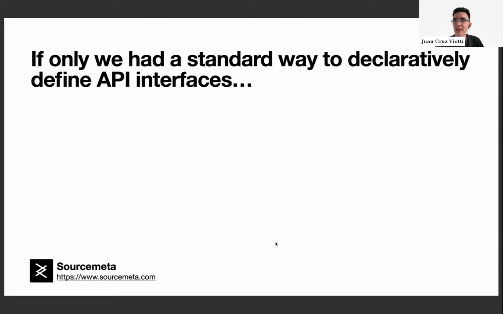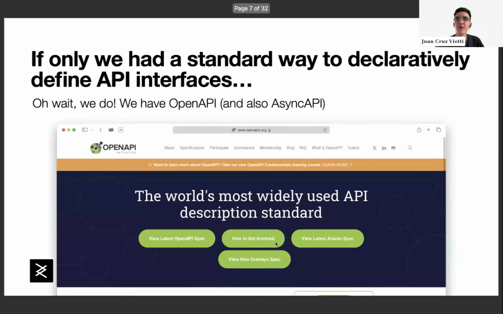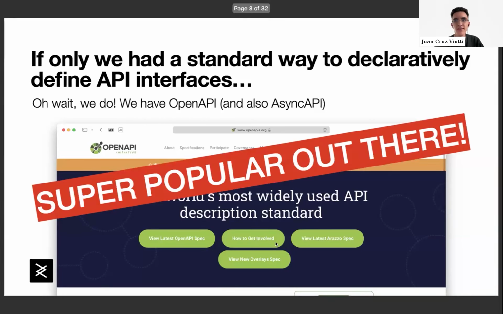We probably need a machine-readable way of expressing that interface. And of course, we do have that. Lorna has just presented about the fantastic OpenAPI specification. And this is exactly the reason why API specifications got so popular. They allow us to express this interface in a declarative manner to do useful things like governance. And again, you probably all know about OpenAPI, extremely popular technology.